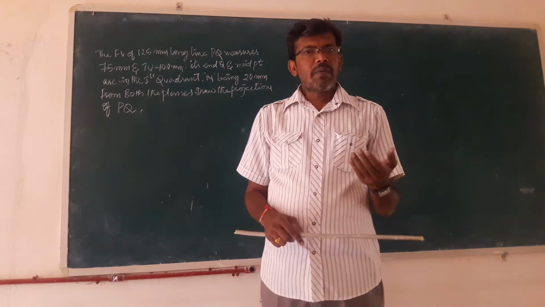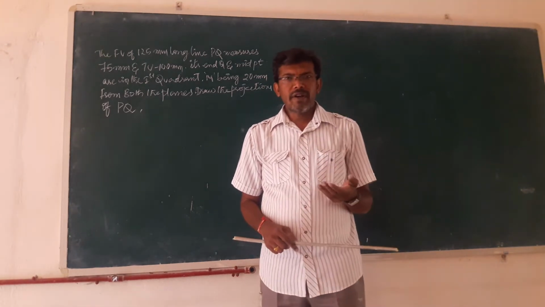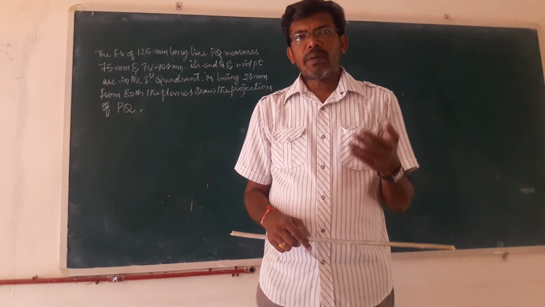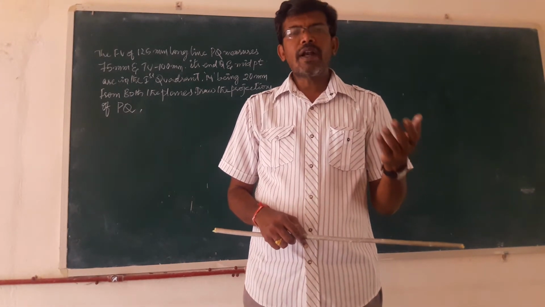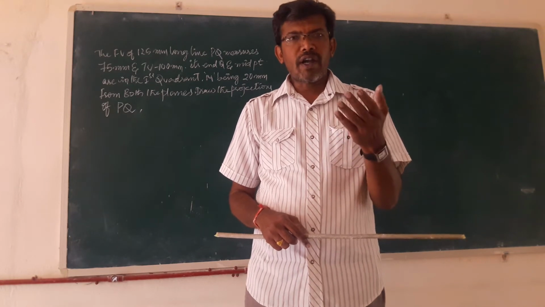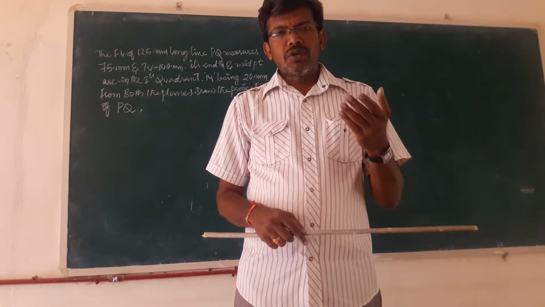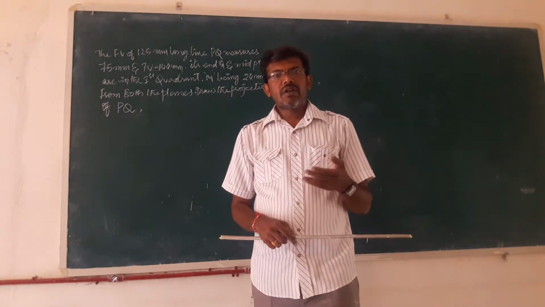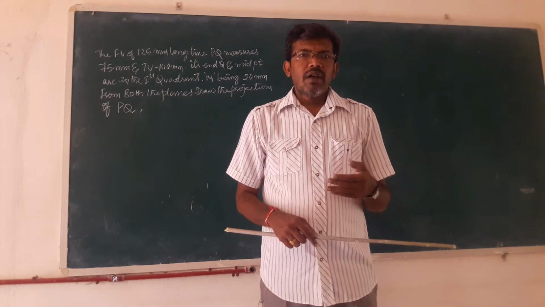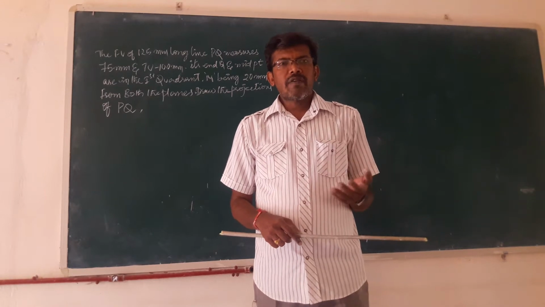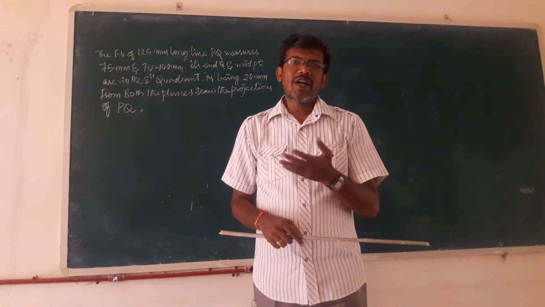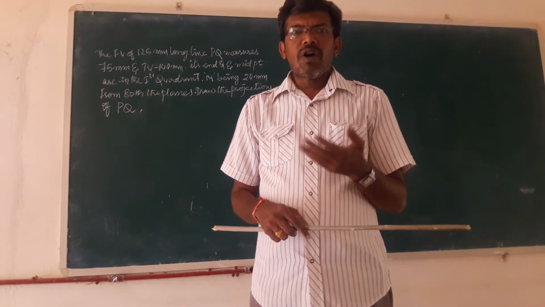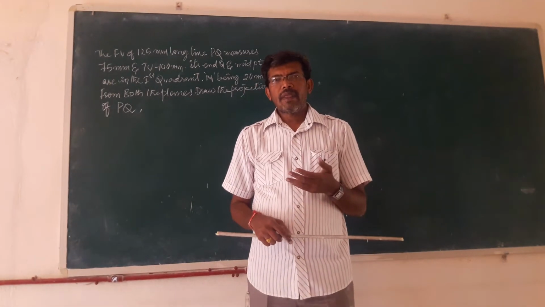inclination to the horizontal plane and inclination to the vertical plane is given, and the second model is the position of the points with respect to the vertical plane and horizontal plane is given, and you have to find out the inclination to the horizontal and vertical plane. And the third model is one point's positions are given and the second point's position is not given, so that you have to find out the inclination with the horizontal plane and vertical plane.